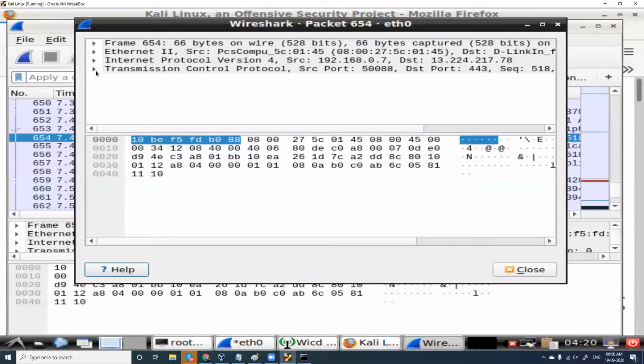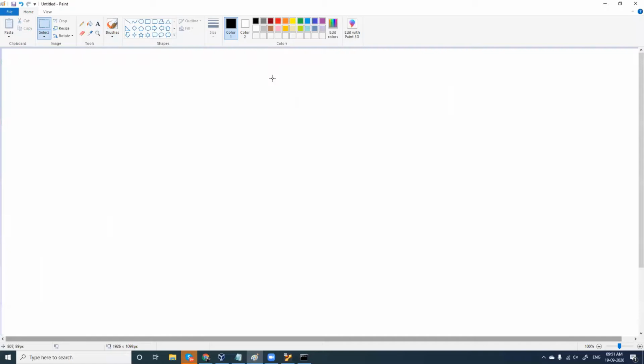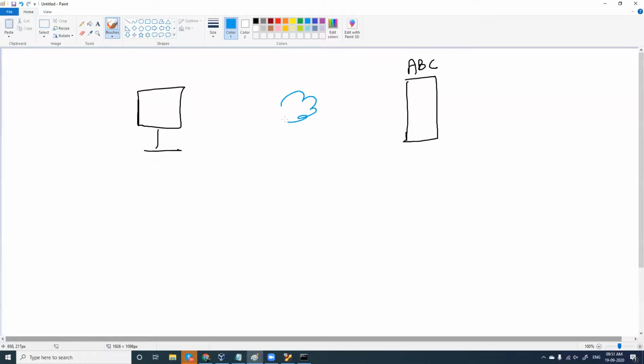And in case of Wireshark, understand this concept. It's going to be complex, but I'll explain this from the basics. And this is the ABC server, right? ABC server here. We are connected with the internet. Now I open my browser and I type www.abc.com/login.php. I'm going to log into this ABC website here, right? So it is asking for username and password. I'm on the website here, and I have my Wireshark running.